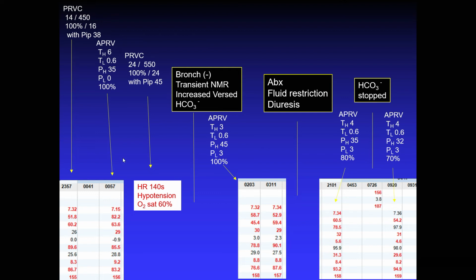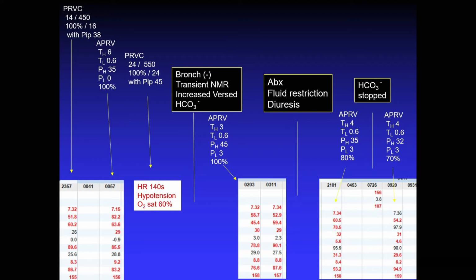The one thing we did do right was stay at the bedside and watch to see how they did, and it was clear they weren't doing well from the get-go because they became increasingly tachycardic. Their tidal volumes on their releases were quite low. There was some concern that maybe there was mucus plugging going on, so we switched them to ACPC at that point. So we put them on pressure controlled ventilation, did a quick bronch, which really was unremarkable, started them on a bicarb drip, and then